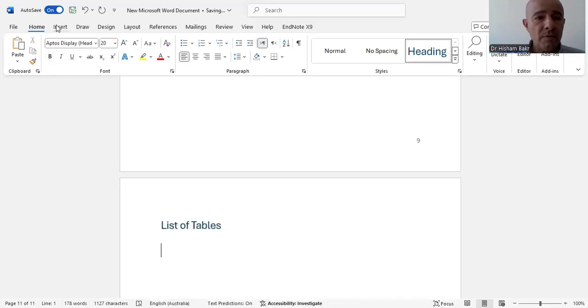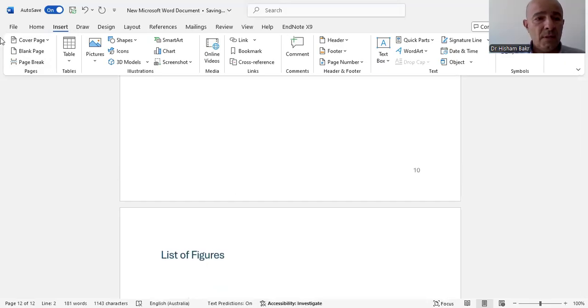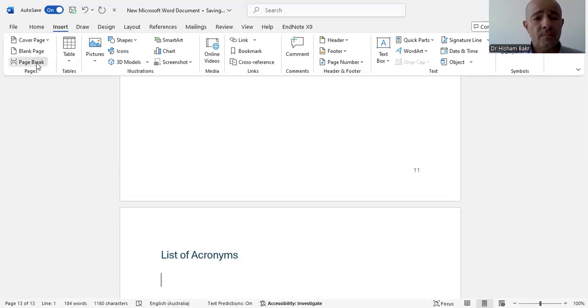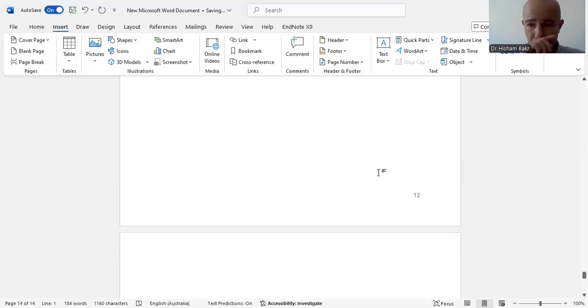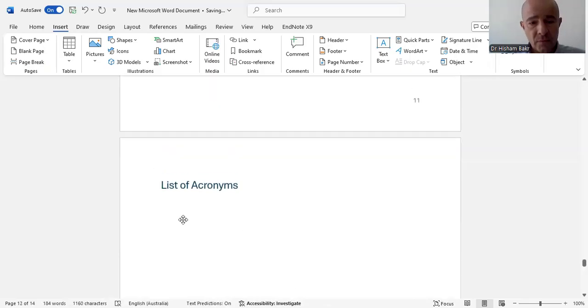Then I'm going to have another page break, list of images, figures, and list of acronyms. I believe it is enough for today. But I'm going to refer, for example, if you are going to use here CSR,